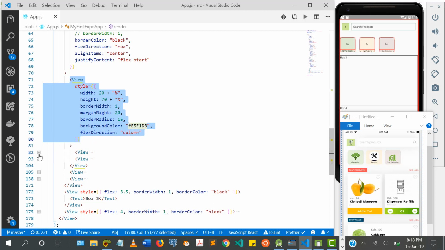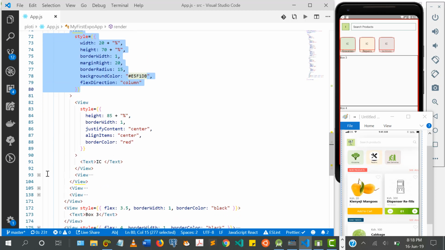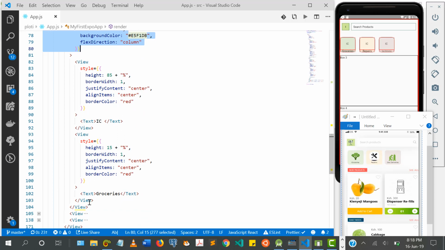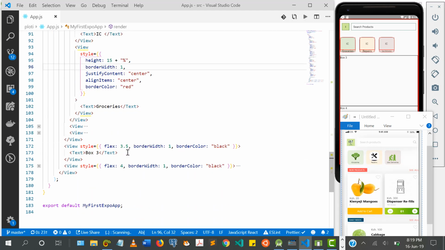This one is up to, let's see, I'm going to copy this groceries one. I'm going to copy that, and we can see here it's two of them. So I'm going to come here to the text box. So since we have two,